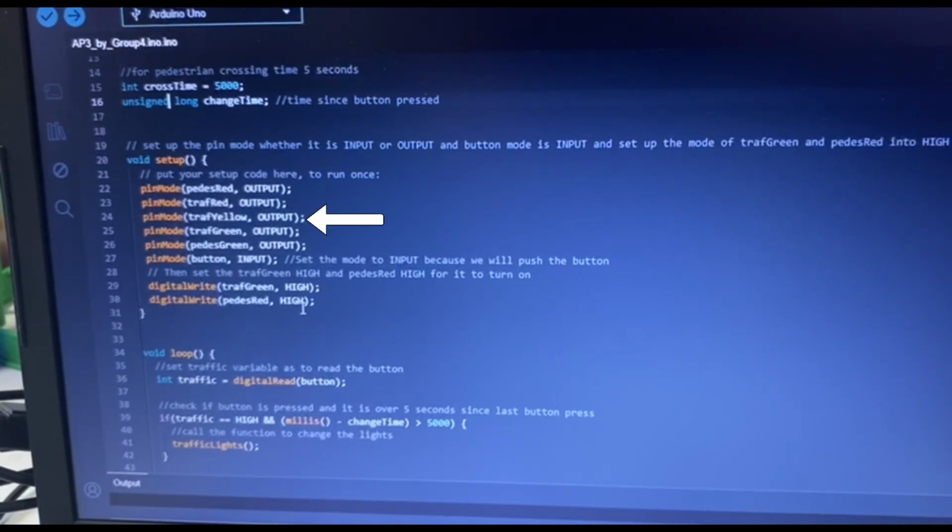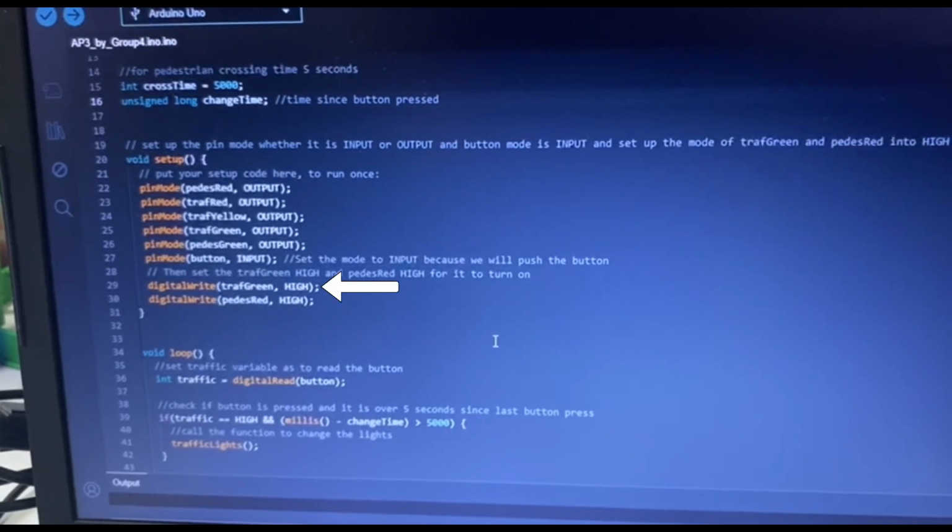Then for the traffic yellow, it is output, and for the traffic green, it is output, and pedestrian green is output. And for the button, we will set the mode to input because we will push or click the button for it to turn on. Then we will set the traffic green high and pedestrian red high for them to turn on.